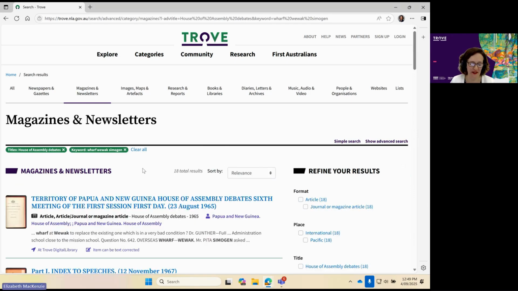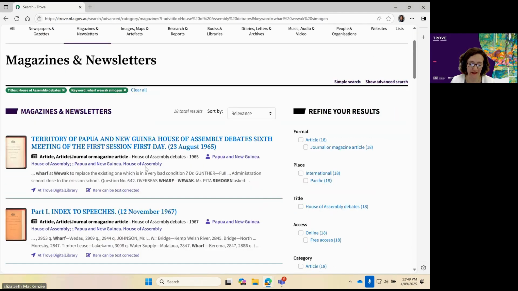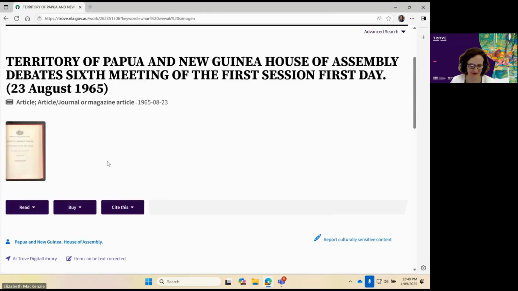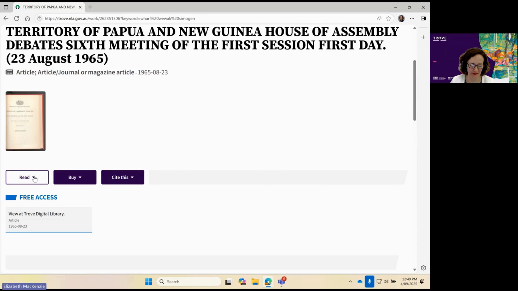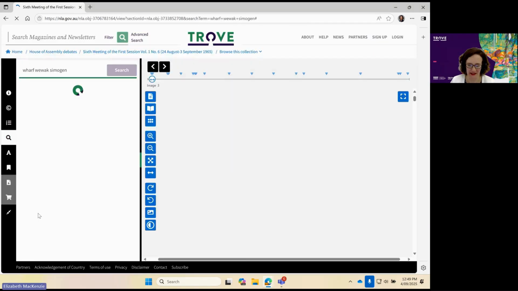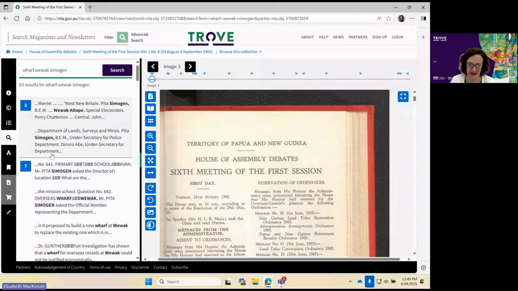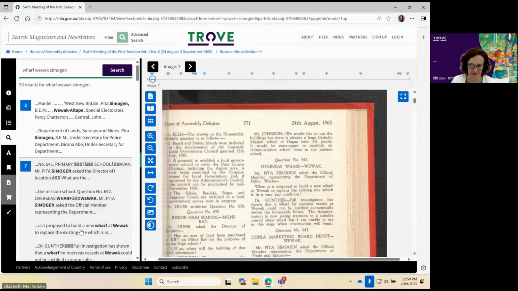Now the search results are listed by relevance. So at the moment, we're going to go into the first one. Click into read again and into the item itself. Now, in this case, you can see that the OCR text on the left has snippets in it with our search terms highlighted. If you go and have a look at all of these, you can quickly decide whether the content is relevant for your search. This is the one that we're after. And you can see that we've just searched within that title for the example that Rebecca mentioned in her talk.